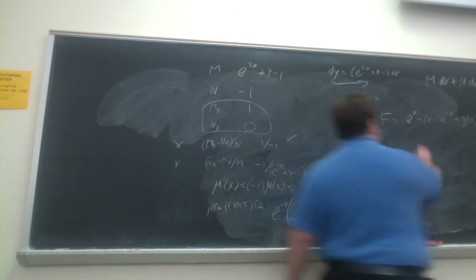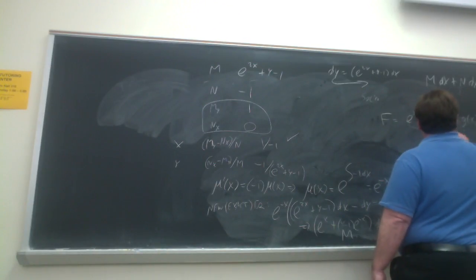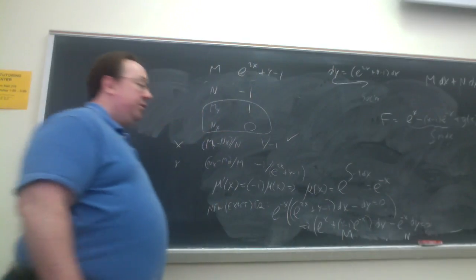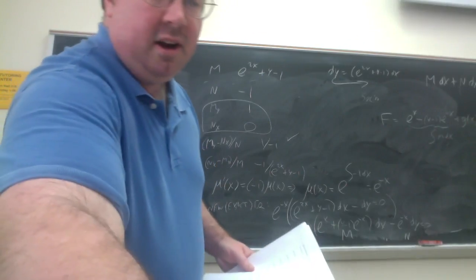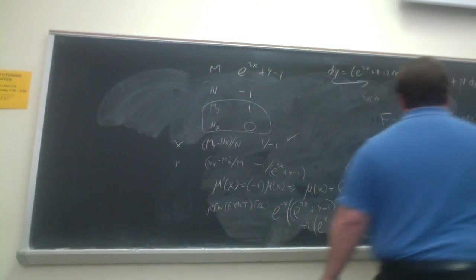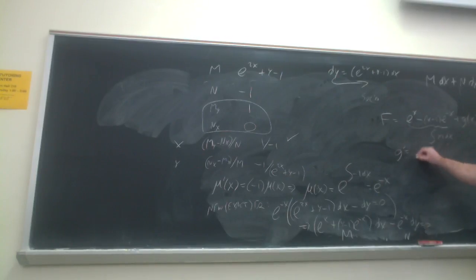So this right here is the integral of your new M with respect to x. And then g prime is equal to N minus the partial of all this with respect to y, and your new N is minus e to the minus x, and then a derivative of all this with respect to y. This is the only y dependence, and you get